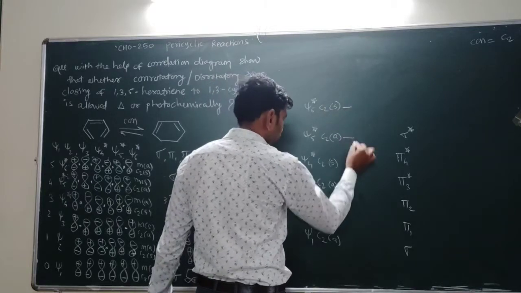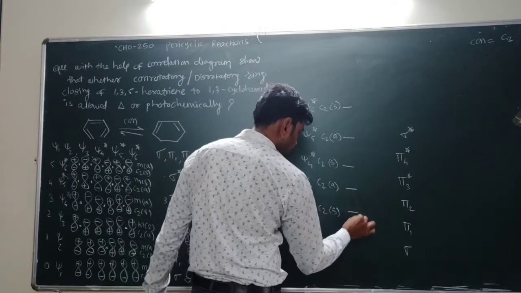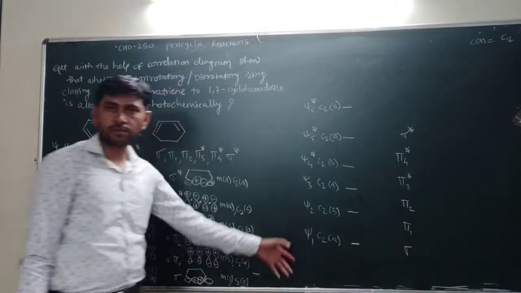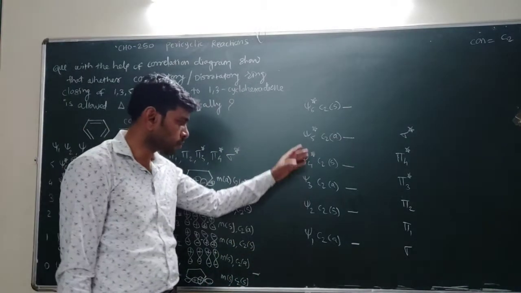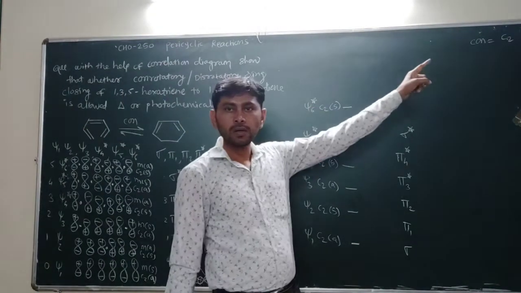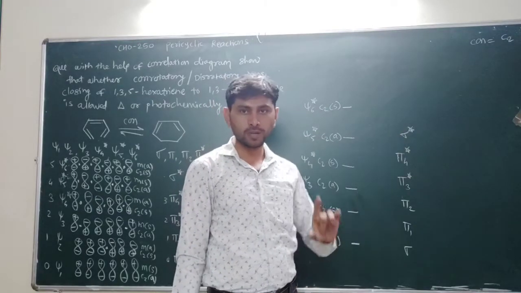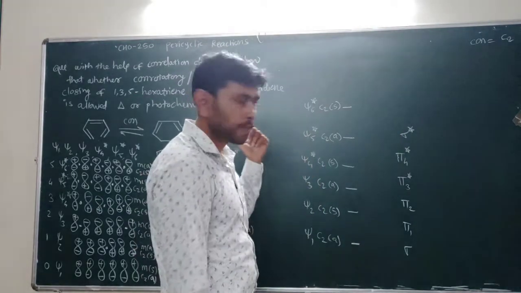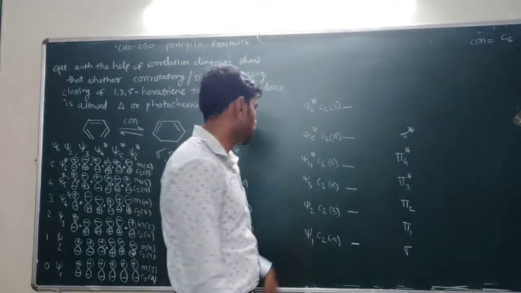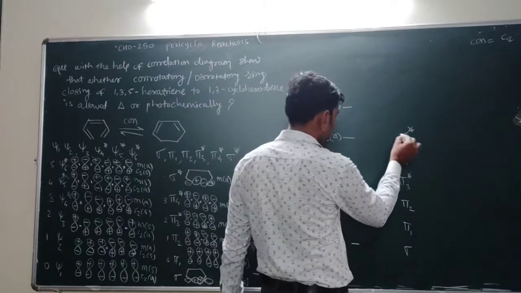So these are the reactant orbitals where we have discussed the symmetry with respect to the C2 axis. Why C2? Because here we have to consider conrotatory motion. If it were disrotatory motion, then we would always have to consider the M symmetries. So these are the reactant orbitals.